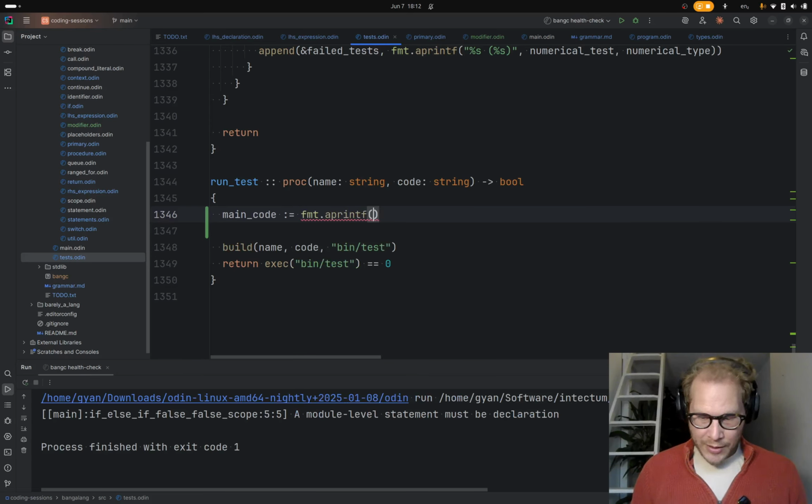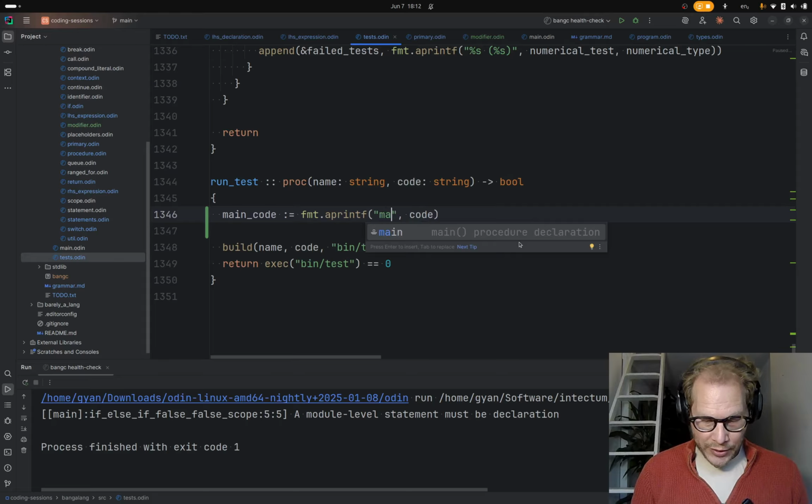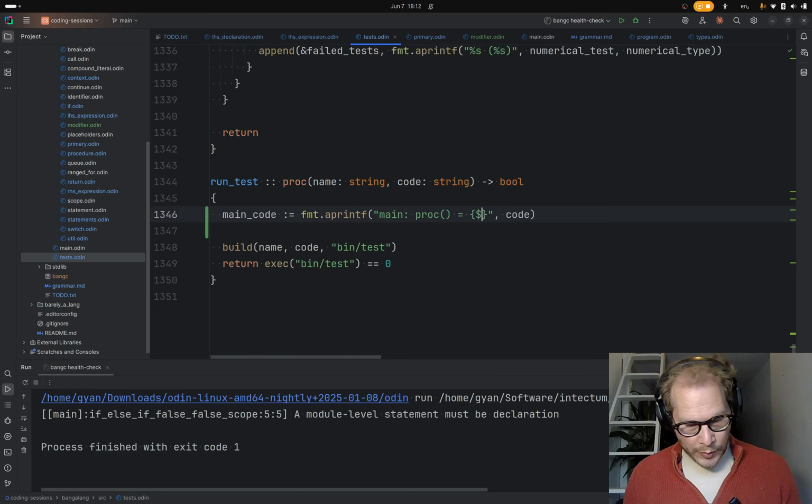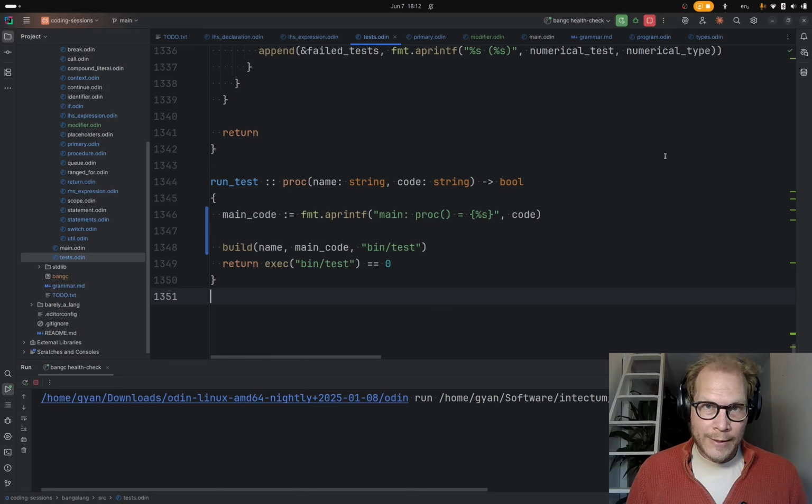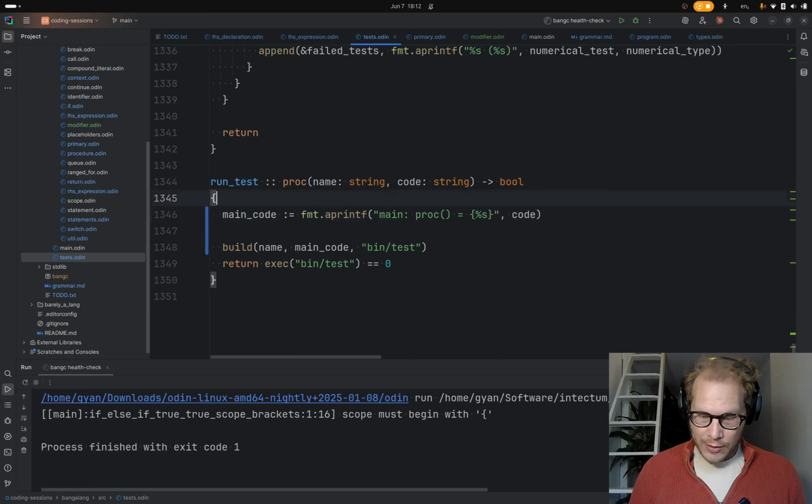We just need to wrap the code of each test in a main procedure. So main proc equals %s, no, %s. And we use the main code. Scope must begin with, why is it doing that?